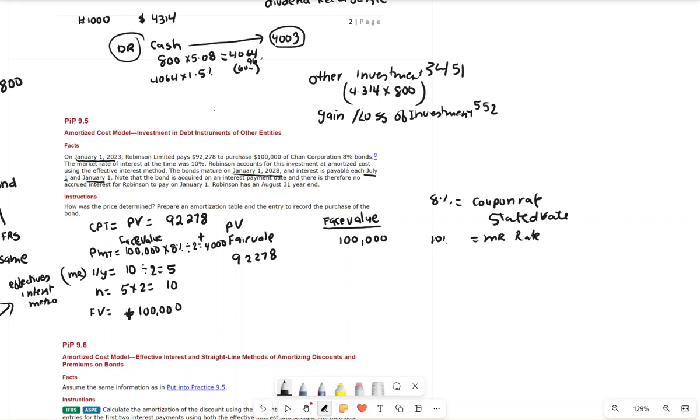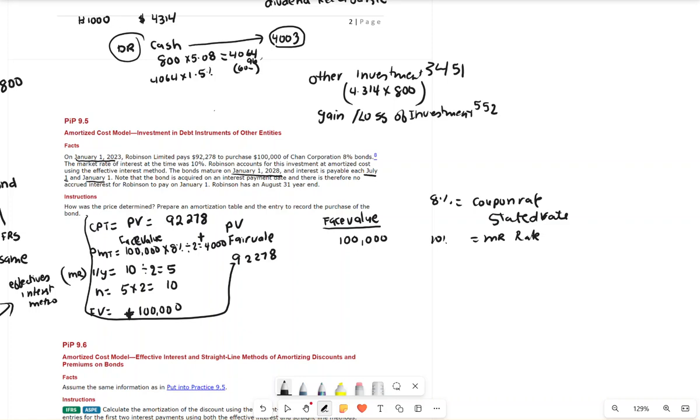So they're asking how the price was determined. This is how the price was determined. They told us in the question, but that's how we determine the price. Now the next question is asking you to do the table. I'm not going to do the full amortization table, but I'm just going to show you how to do a